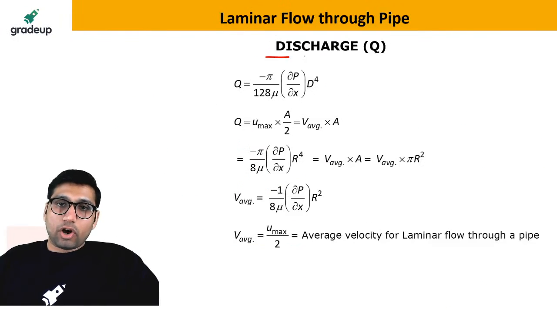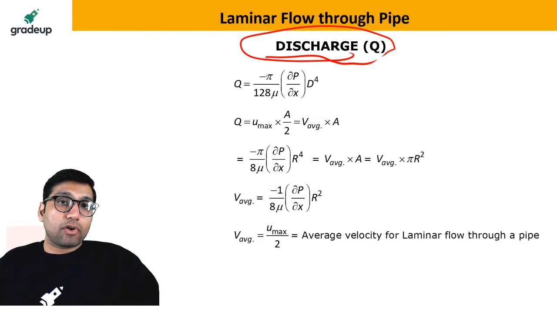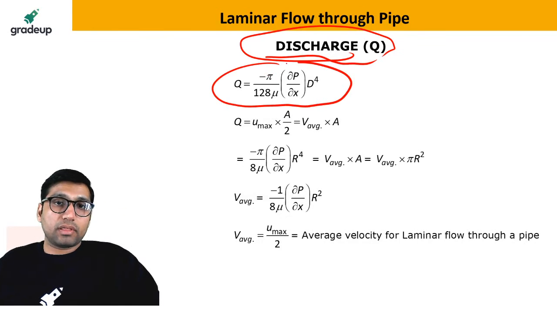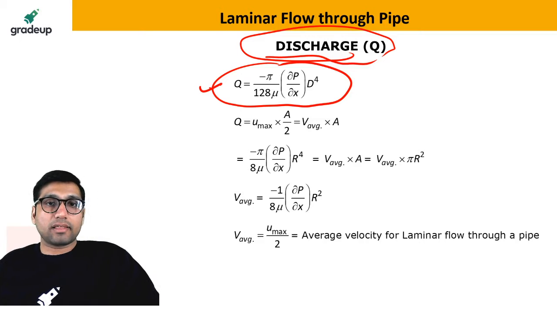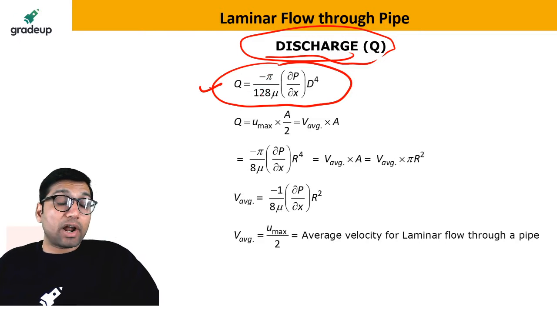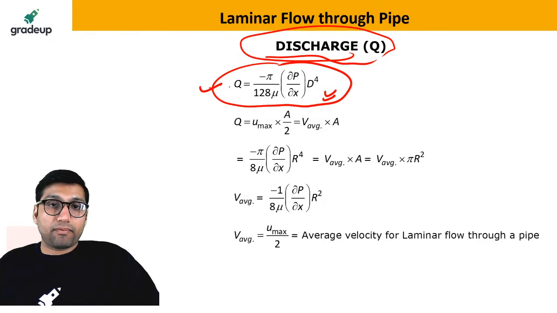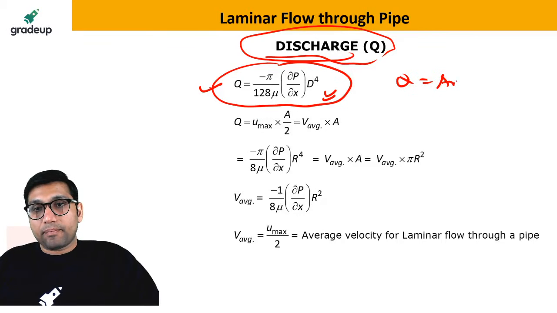Now, if we talk about the discharge in the pipe, the discharge for fully developed laminar flow in the pipe is equal to this. This is the formula for discharge. Total discharge is equal to minus pi by 128 into mu del P by del X of D power 4. That is the formula for discharge for laminar flow through pipe. The total discharge is also equal to area of the pipe into the average velocity of the